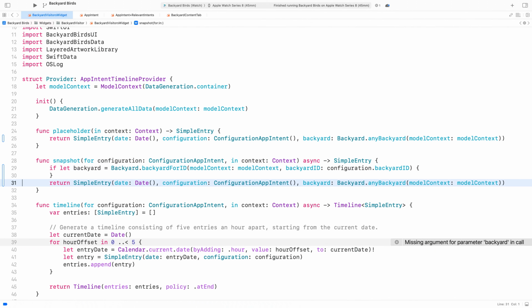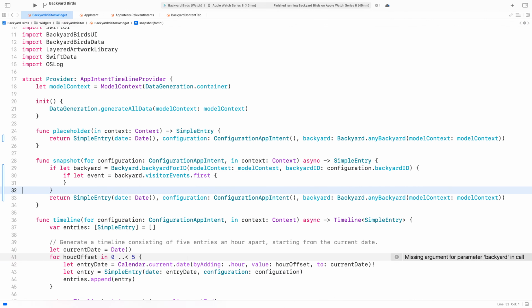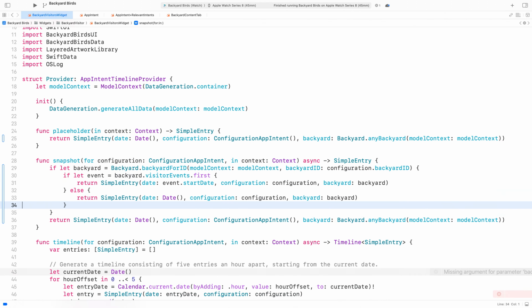Now, let's check the backyard and see if we can get a visitor event from it. Let's return an entry configured with a visitor's date, and if we don't have a visitor, we'll return the configured yard with the current date. This will provide a better preview for the user since it will show the configured backyard.